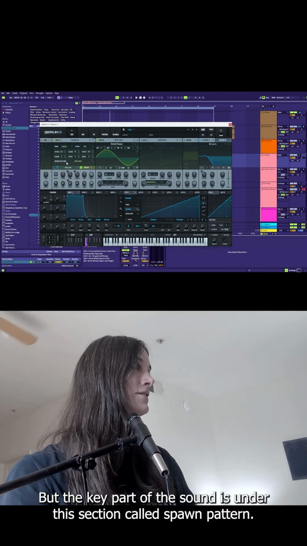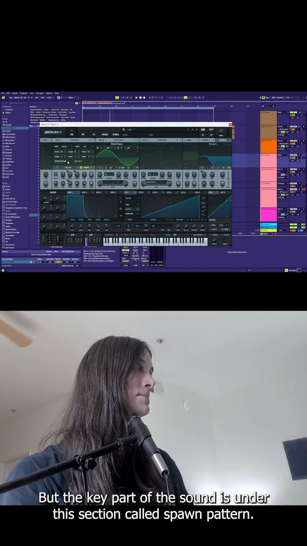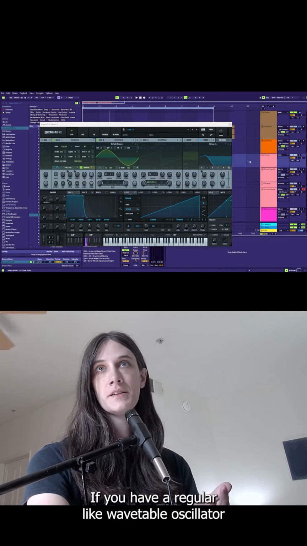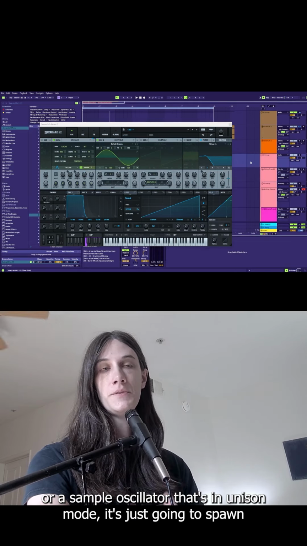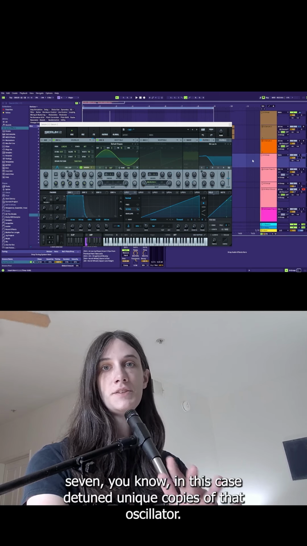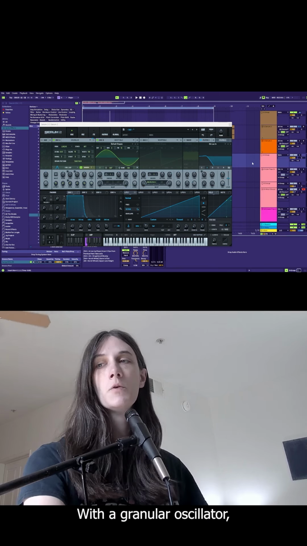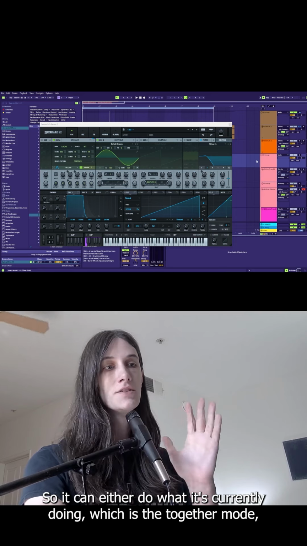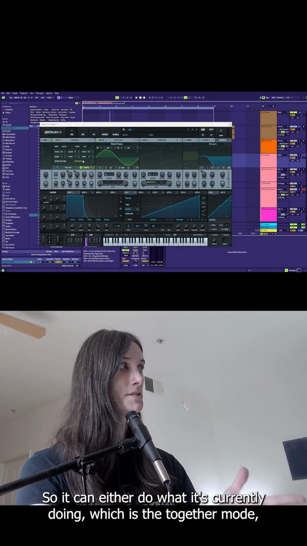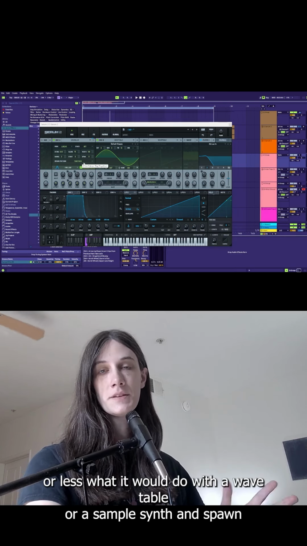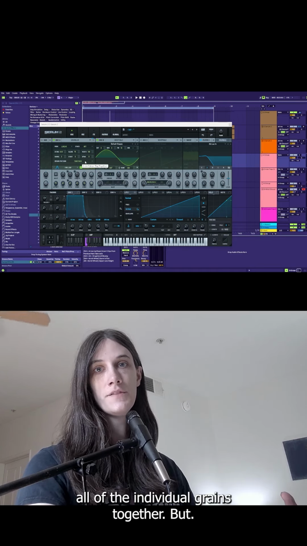But the key part of the sound is under this section called spawn pattern. If you have a regular wavetable oscillator or a sample oscillator that's in unison mode, it's just going to spawn 7, in this case, detuned unique copies of that oscillator. With a granular oscillator, you actually have a few more options in terms of how that works. So it can either do what it's currently doing, which is the together mode, which is where it's going to